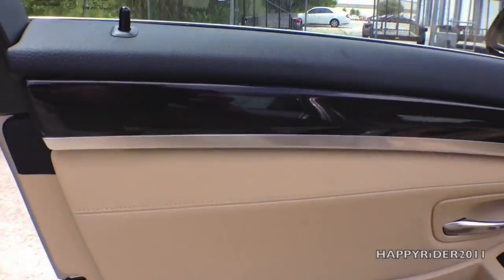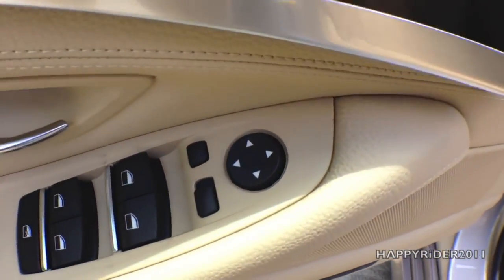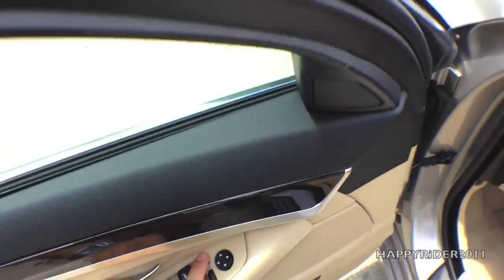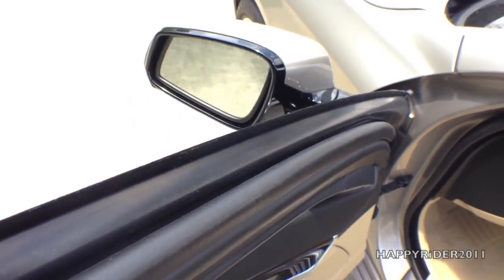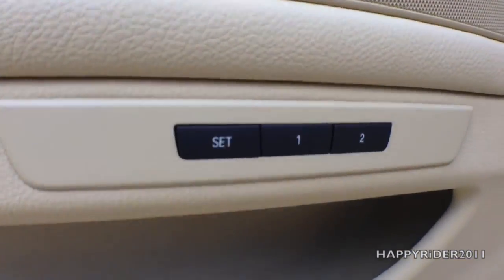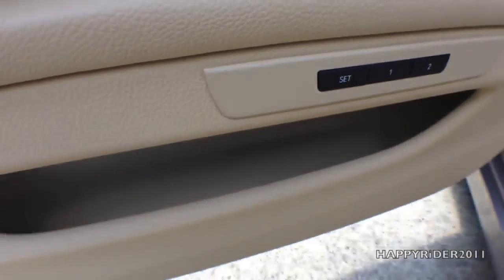And now for a closer look at what we have on the driver's side door. More wood trim, 4 power window control with the window lock on the bottom, side view mirror control on top, and we also have this little button to control the folding and unfolding of the side view mirror. And we also have 2 memory seating for the driver's seat, in which you can easily set it. Side door compartment,